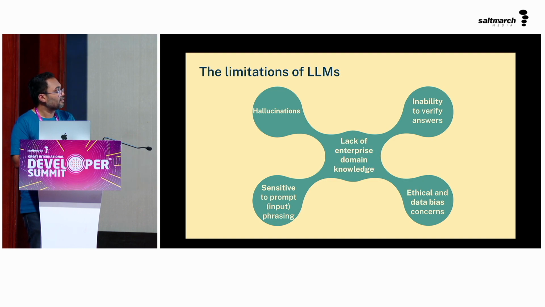And the last and the obvious, which is the lack of enterprise domain knowledge, right? Because LLMs are typically trained on the public data. It doesn't have knowledge of your private enterprise data. And to build the LLM application in the enterprise settings, having the right context is necessary, where LLM by default doesn't provide that. And the answer to this limitation is the RAG,